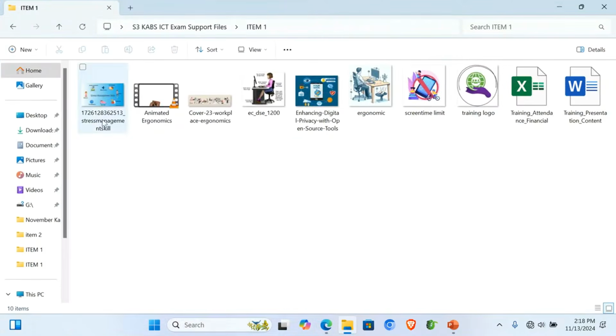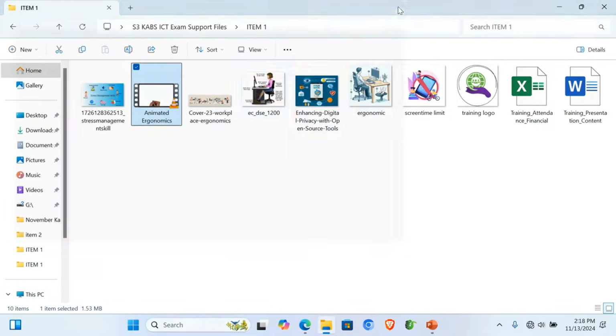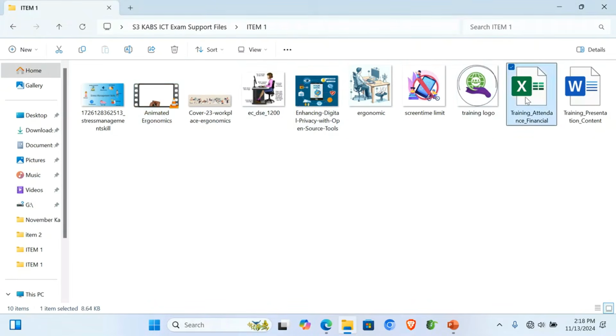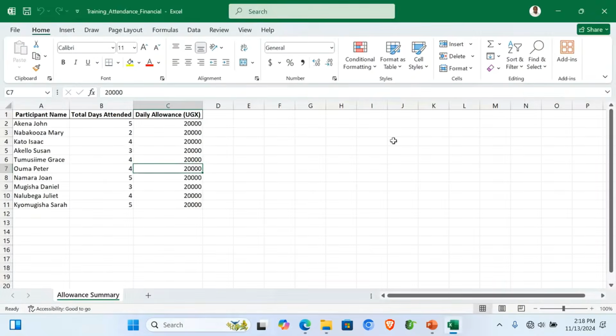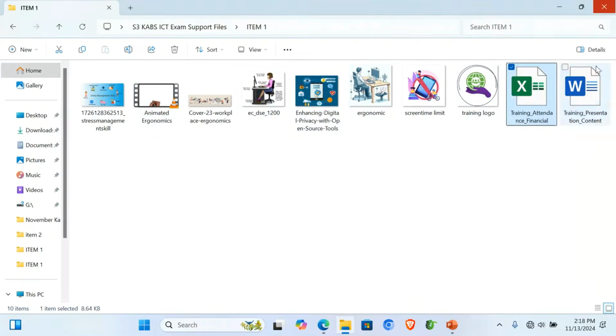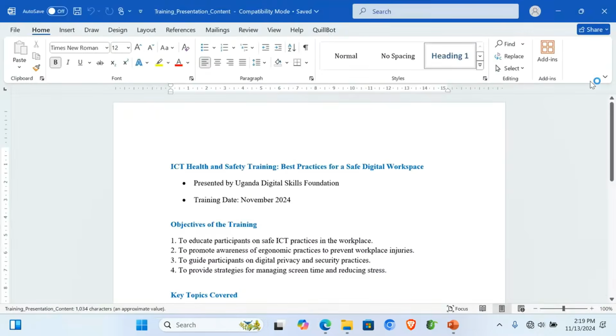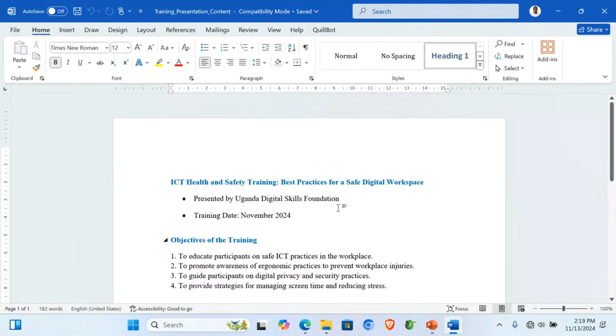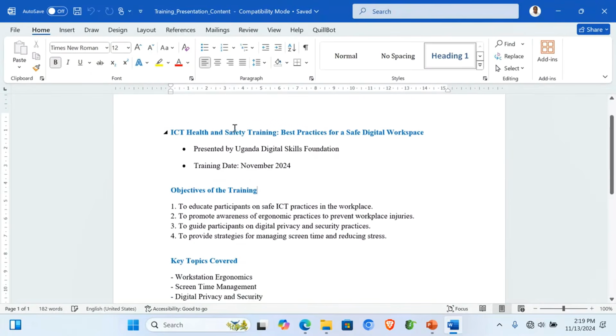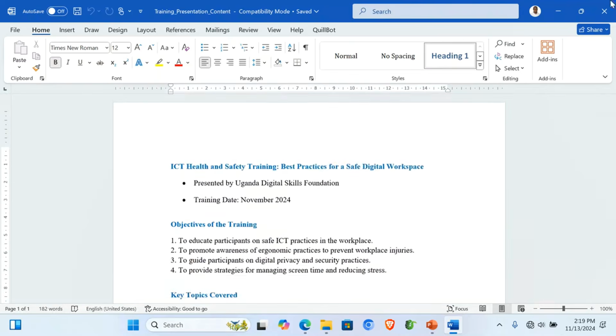In the item 1 folder, I can see it has images, a video clip, a logo, an Excel file, and also a Word document file. When you look at this Word document, I can see it has some headings, meaning that